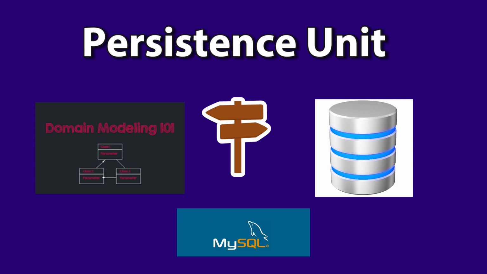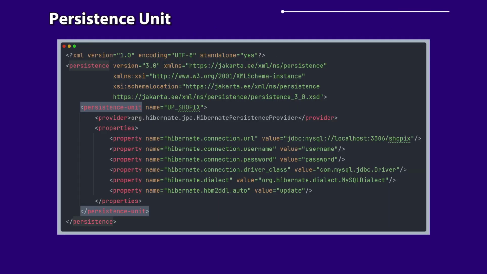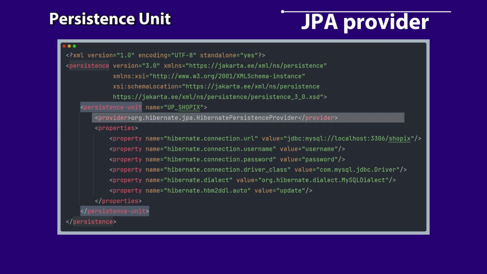So let's investigate the configuration. The standard configuration file for persistence units is located on the classpath in the META-INF folder, and more precisely in the persistence.xml file. This allows the JPA provider, in this case Hibernate, to find and load the configuration information specified in this file during runtime. The persistence.xml file configures at least one persistence unit, and each unit must have a unique name. In this file, we should also specify the provider, which is the JPA implementation, and in this case, since we're using Hibernate, we're gonna use the